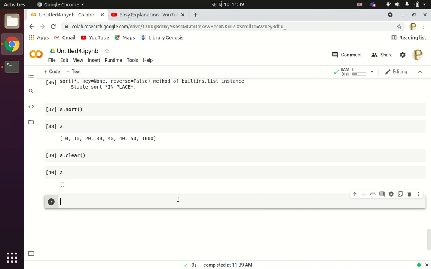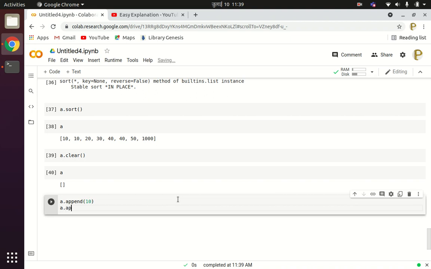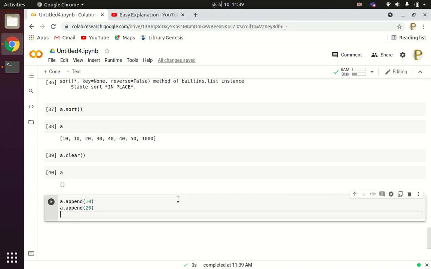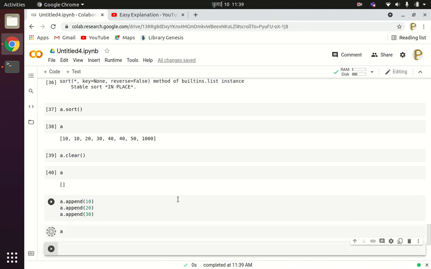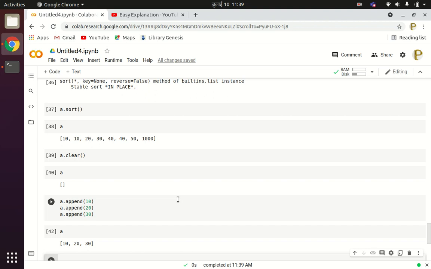So a dot append 10, a dot append 20, a dot append 30. Now see a, we have 10, 20, 30 in the given list.